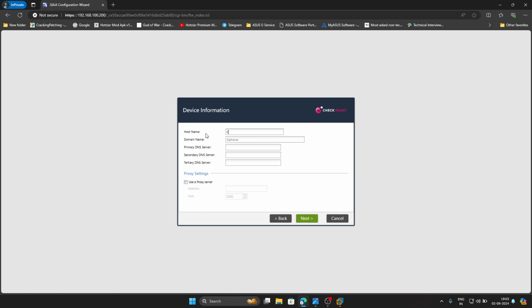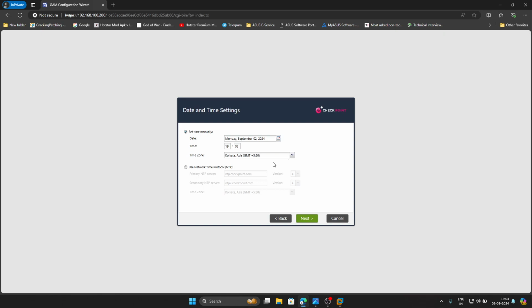I'm going to give this CP gateway, and the DNS is 192.168.1.1 because my PC accesses through this DNS. And for the secondary DNS we are using Google DNS, and for tertiary I'm going to use Cloudflare. Click next, and set the time zone manually, or you can use Check Point NTP. Click next,